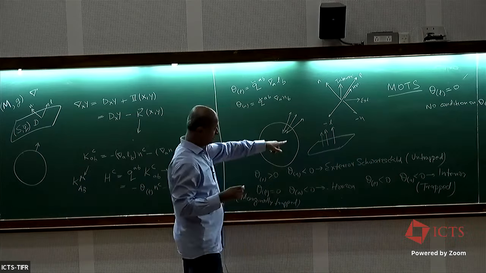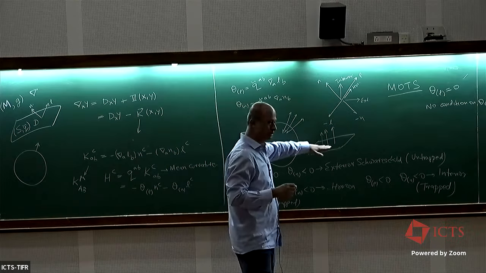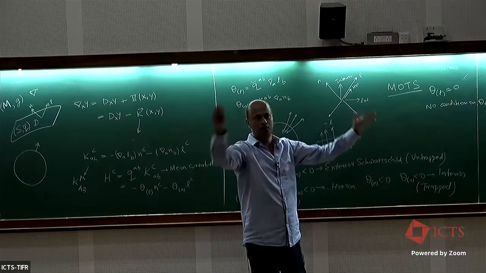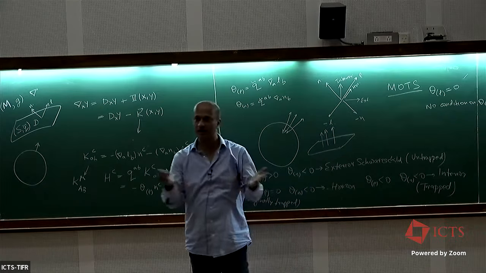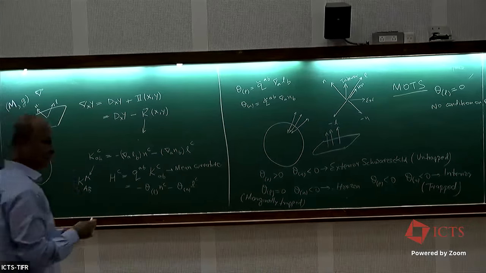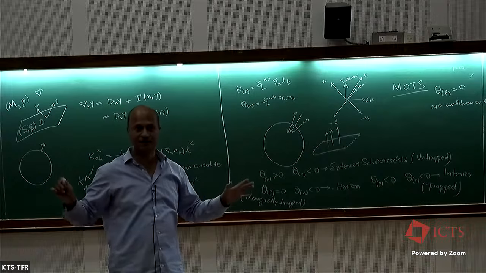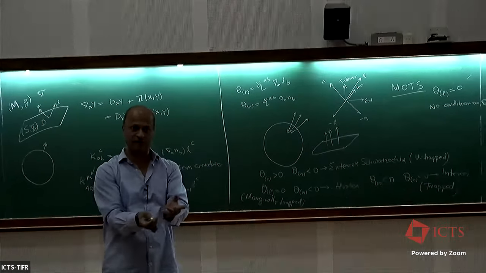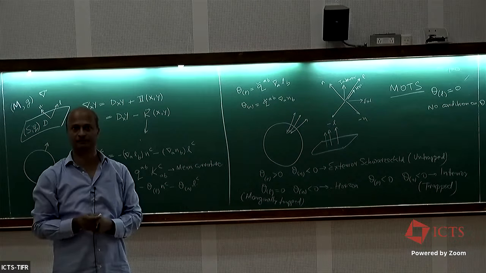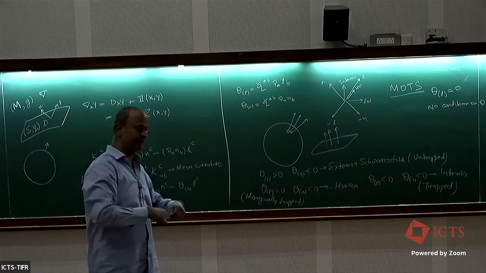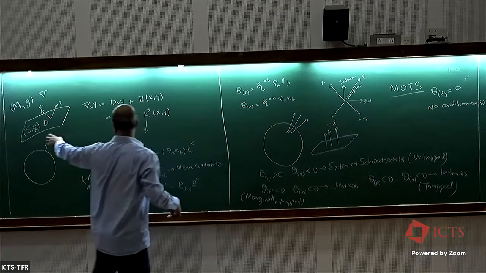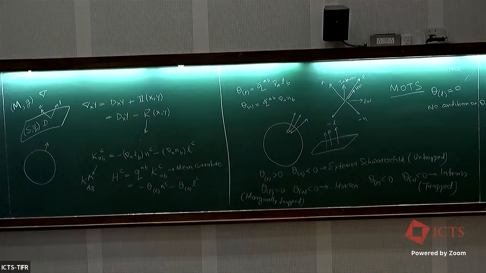Right, so where are we? Yes, so it is critically important here that we have closed trapped surfaces. So if I have a sphere, if I have a plane, if it extends infinitely, so it's not a closed surface. And you can have such a plane inside the black hole, right? So that doesn't violate any theorem. If it's a closed surface, and at some point the surface has to close back and become a proper sphere. If that happens and the theta L still remains negative inside the black hole region, then you have